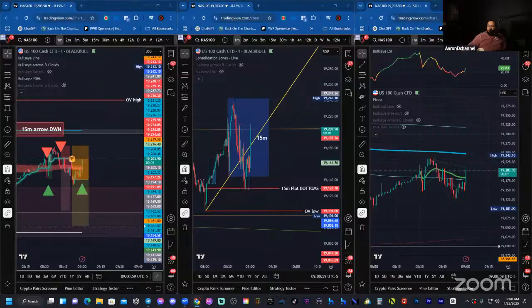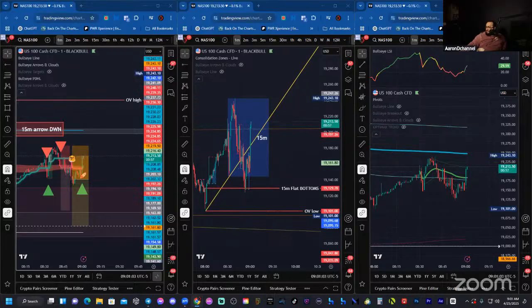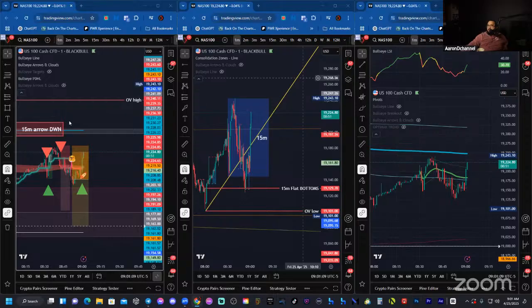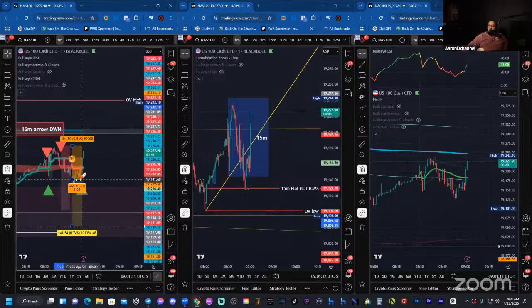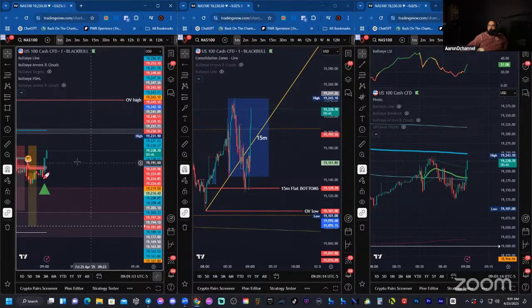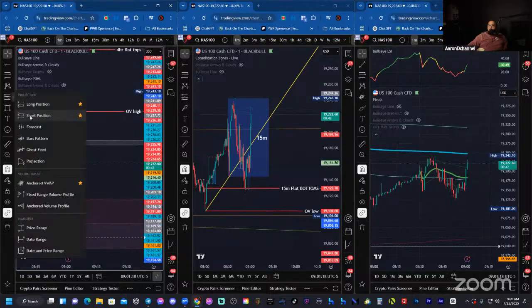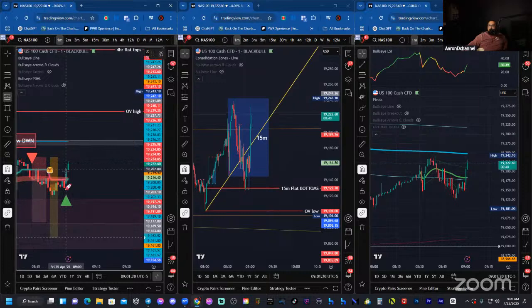3, 2, 1. All right, news broke. Let's see what happens here. That's a huge push up off of the 200 moving average. Okay, so pancakes didn't want to work out. Green arrows for a 15-minute bias. Let's see if they work.